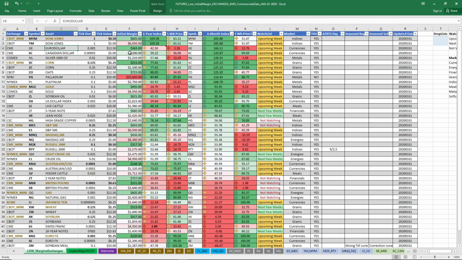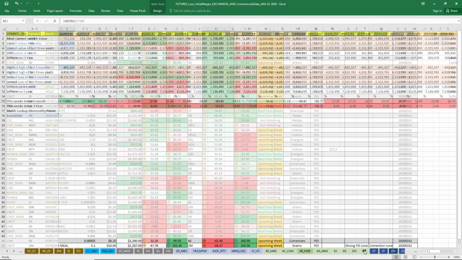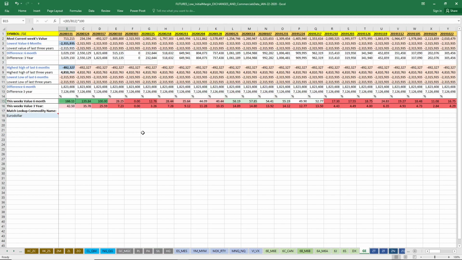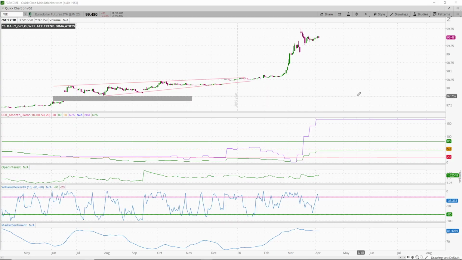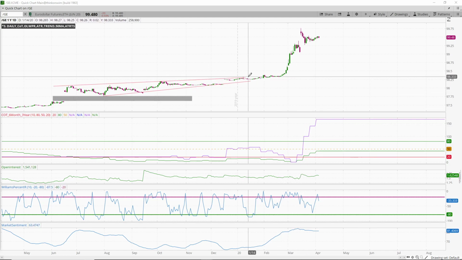So Eurodollar, what are we looking at here? Quite a bit of shift in the Eurodollar. Up at 166, so can we take a look at that just real quick? And this is a considerable market shift on the Eurodollar here. Let's just take a quick peek at the chart on the daily time frame. Oh, well, yeah, that probably would go without saying here.